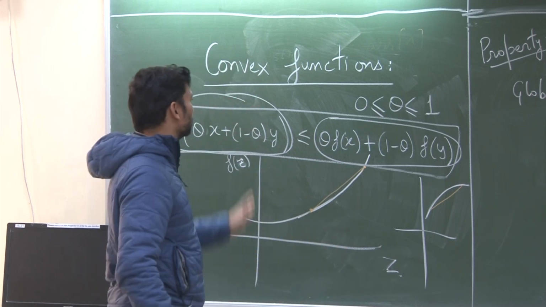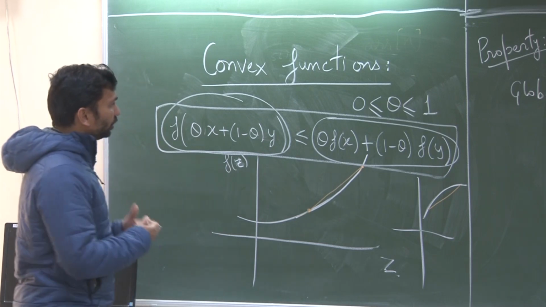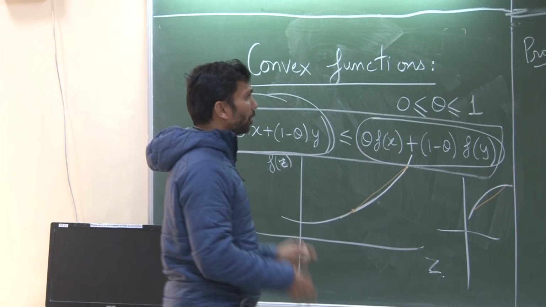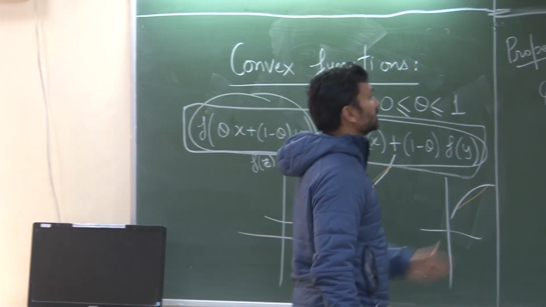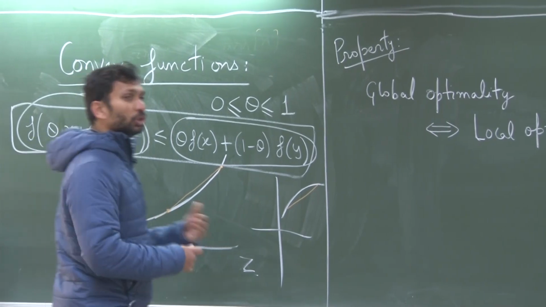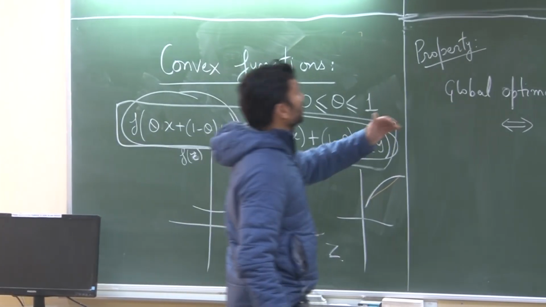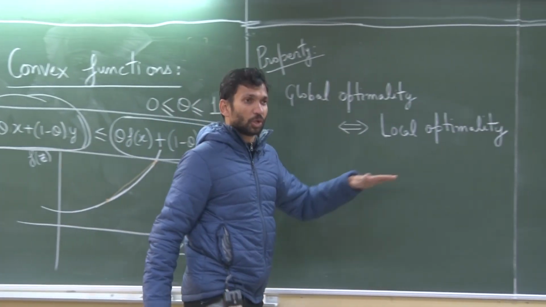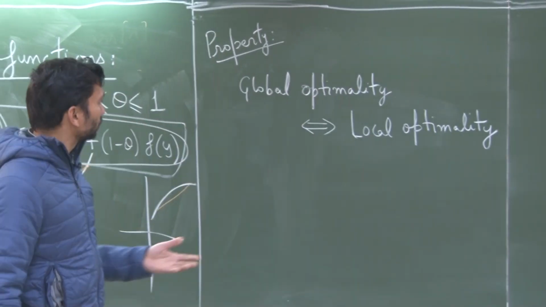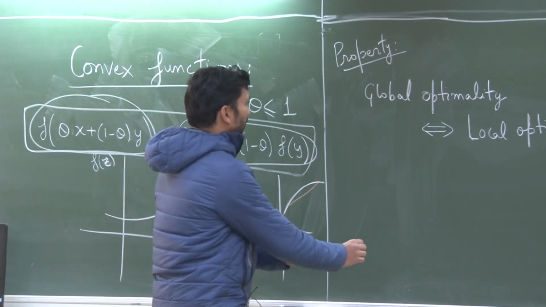But we will be interested in convex functions, and we talked about the fact that there are very nice properties of convex functions. More importantly, the central property we want is that if you talk about convex functions, you optimize it over a convex region, then global optimality implies local optimality. I want to give you an idea of the proof here, but before I do that, let us understand these terms. Okay? First,